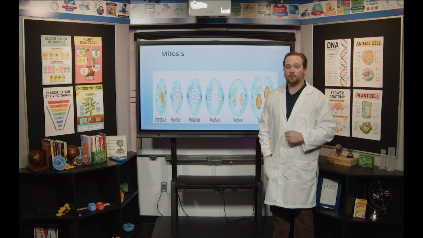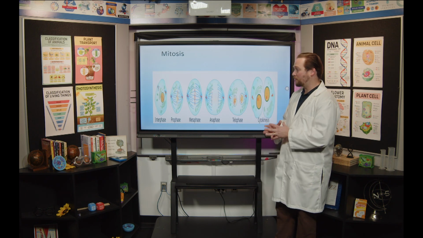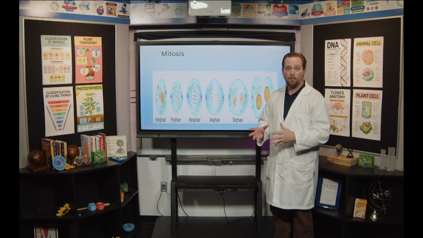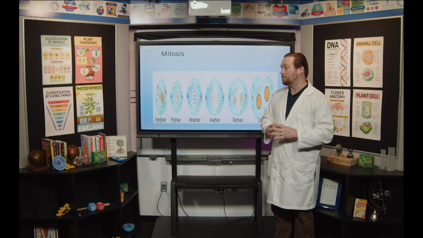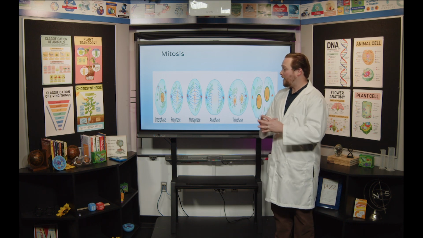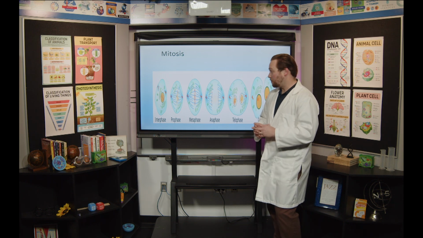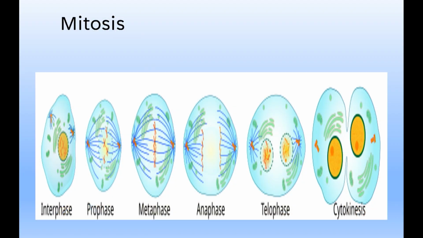Okay? Great, so let's take a closer look at what's going on in mitosis here. There's a couple things you need to know about each one, and I'll try to give you some key words to make remembering all of those things a little bit easier, okay? So remember, we're starting over here in interphase on the far left. That's what the cell looks like the majority of its life. One thing I want you to notice is that the nucleus here is intact. Can you see how there's a yellow circle there in the middle and it's got the green line outside of it? So the nucleus is intact during interphase.